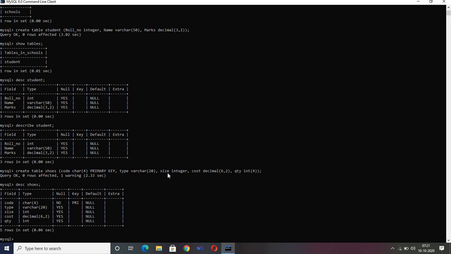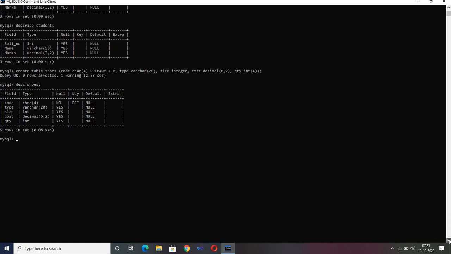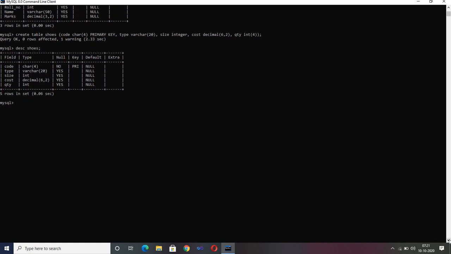If I want to add another constraint also, for example, if I want to set a default type, that I have a particular shoe type, if it is not specified, then it's going to be automatically filled over here. Then I can write the default over here also. Okay, so at the time of creating the table I can specify all the constraints. If I don't remember something afterwards, I can add it at a different time also. We will see how it is done afterwards. Now let's just focus on creating the primary key at a different time.